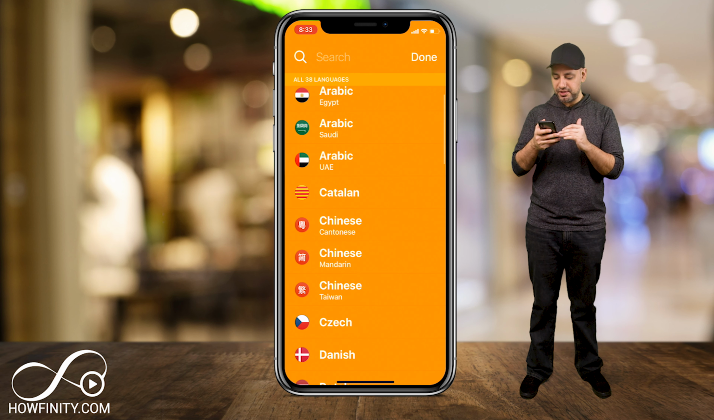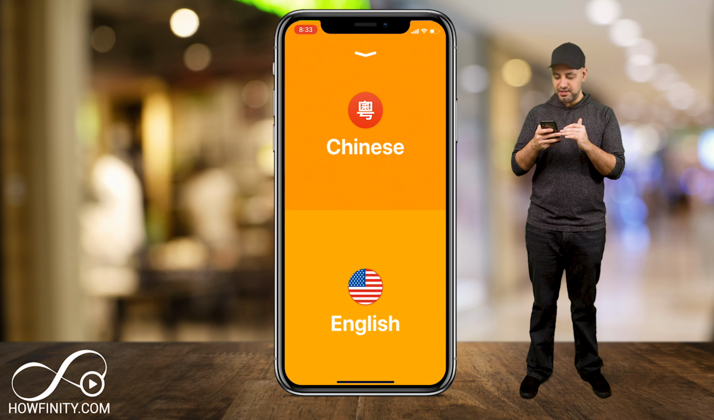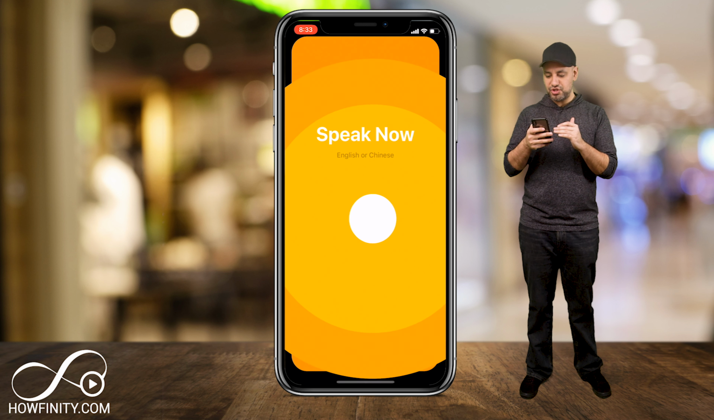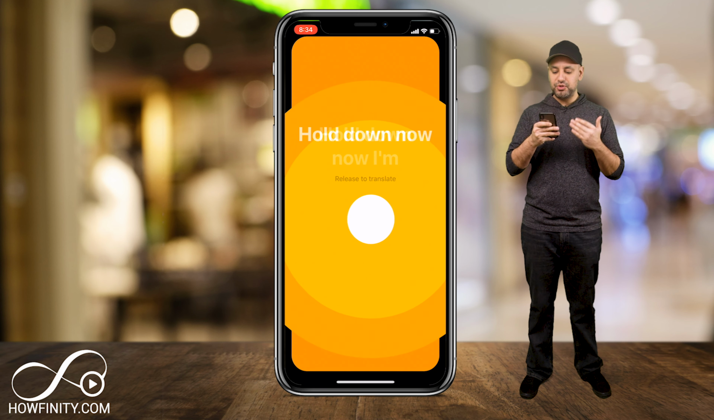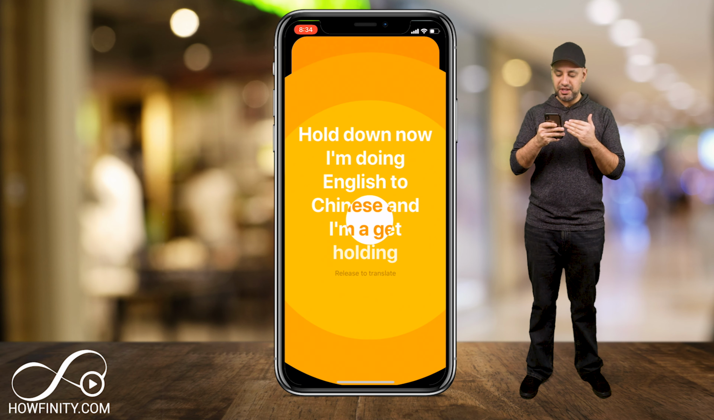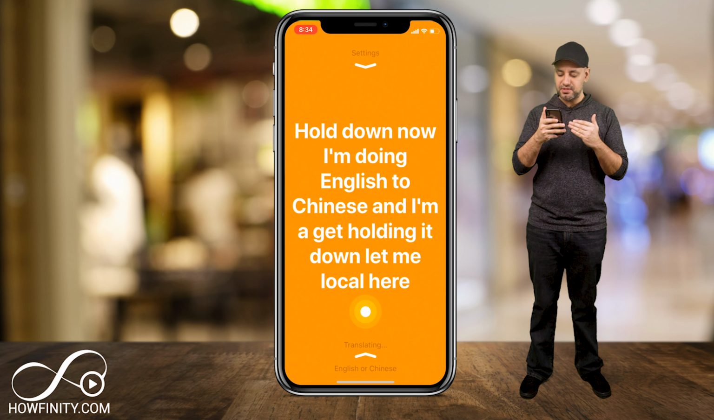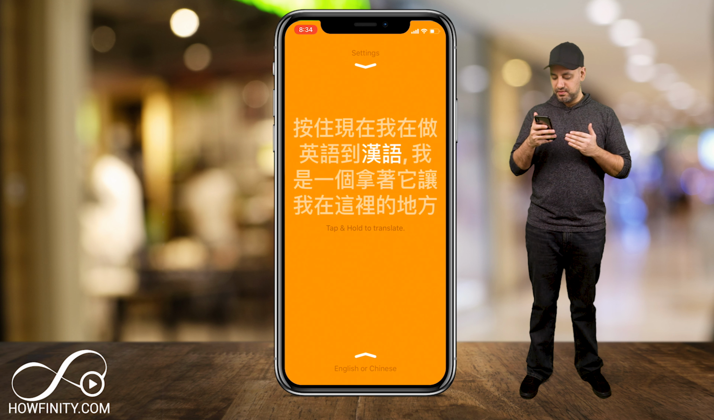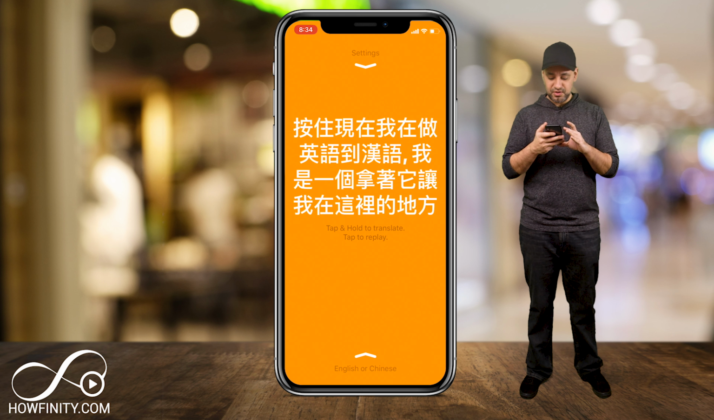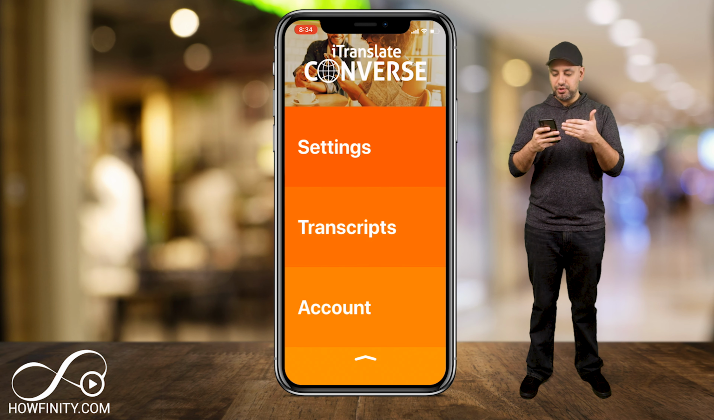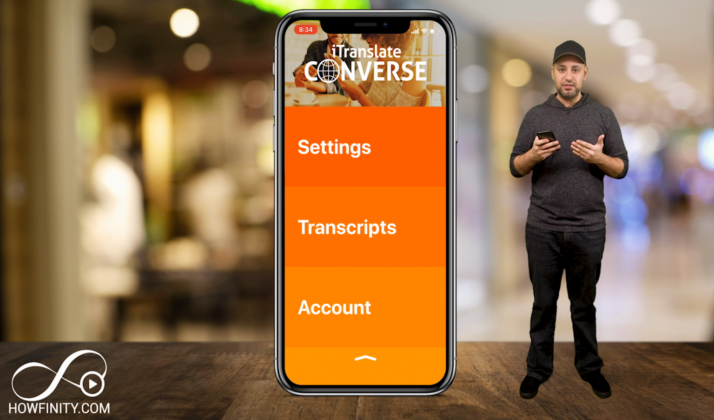So let me go from English to Chinese here, and let me go back to the home page here, and let me hold down. Now I'm doing English to Chinese, and I'm again holding it down. Let me let go here and see what happens. It seems like it's working pretty well, but again, I don't know these other languages that it's translating to,